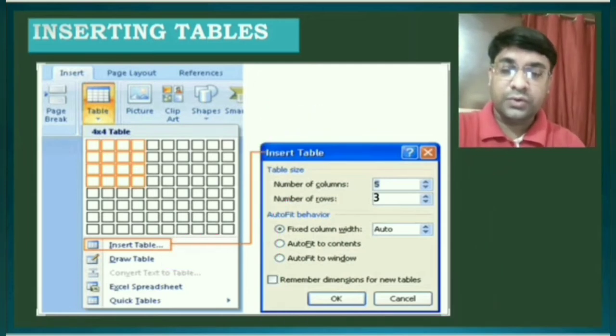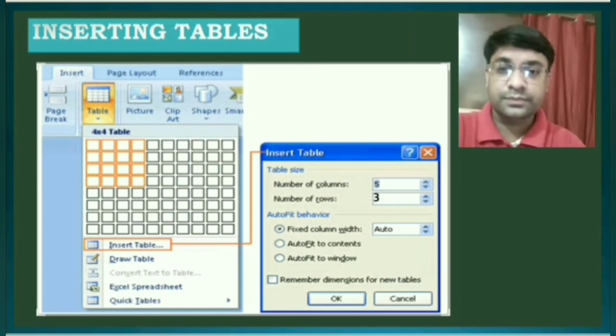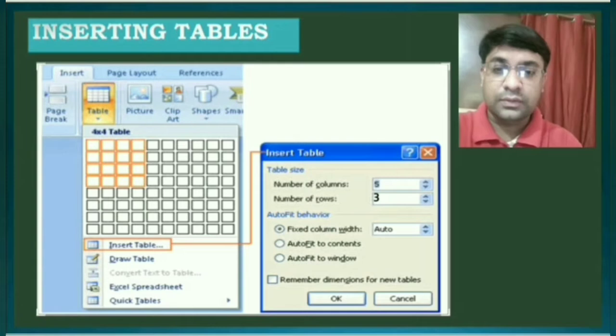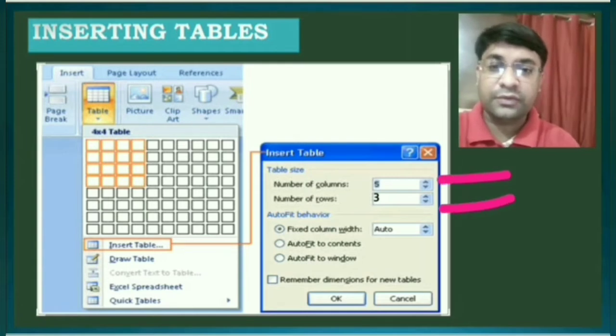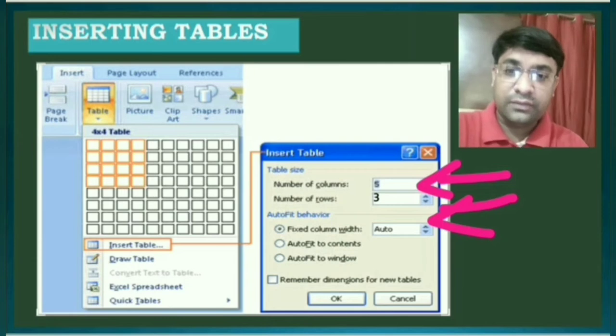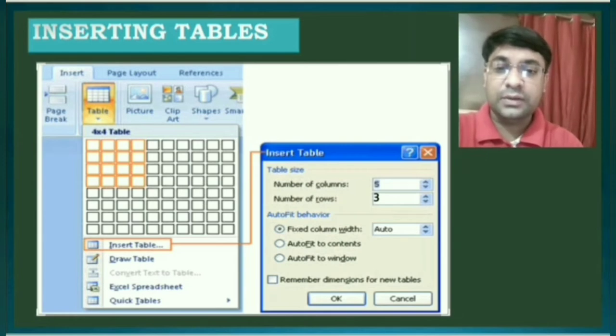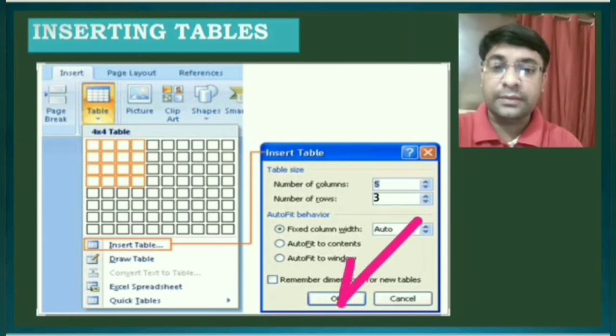Now fourth step is specify the number of rows and number of columns. Here I am taking 5 columns and 3 rows. Then fifth step is click on the OK button.